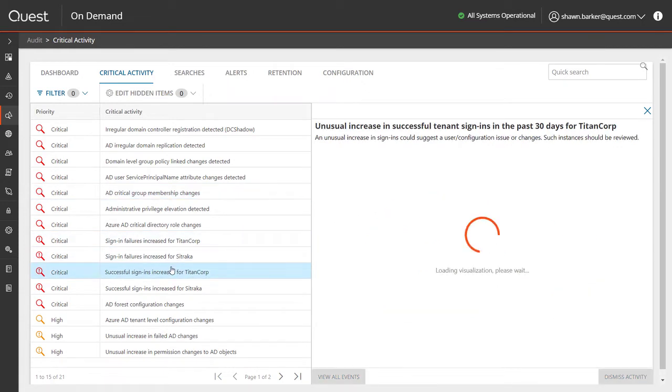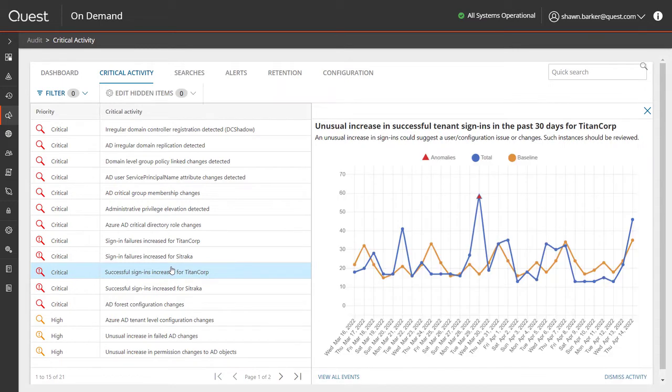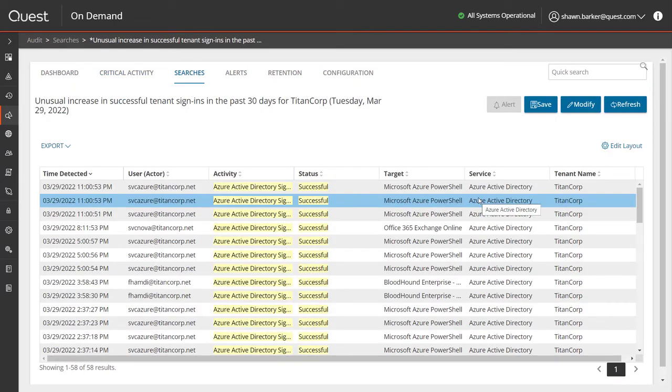Now let's look at one of the anomaly detection critical activity alerts. Anomaly detection is looking at patterns in the environment across your tenant or your on-premise Active Directory and showing you when there's been a suspicious increase of activity. In this case, these are successful tenant sign-ins, and we've had this anomalous spike, which is way off the baseline. And again, as with the previous visualizations, I can take any data point in this graph, click on it, and drill into it. So in this case, I'm looking at the anomalous number of successful AD sign-ins.